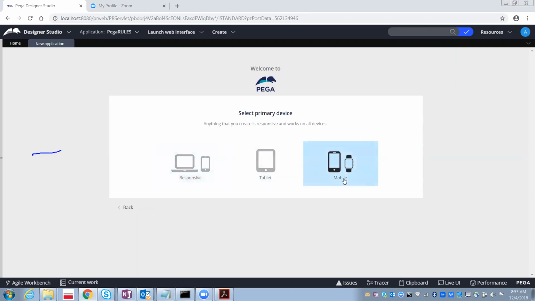In case you want to open this as a mobile app, you can select this mobile app. Tablet means on the tablet device. But what is this responsive? By seeing these images, can anyone guess? Application should work both in computer and device. Exactly, 100%. It should work for mobile, tablet, laptop, or any other desktop. It should work for every device, not specific to one particular device. So I want to develop the application which should be able to open and work on any device.